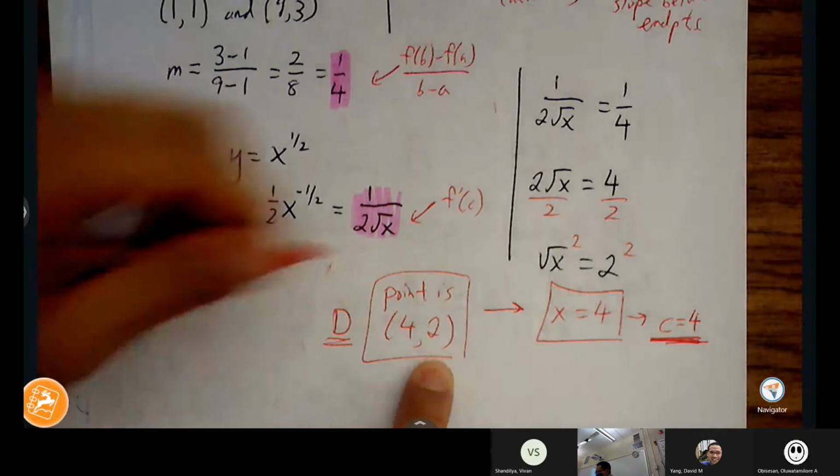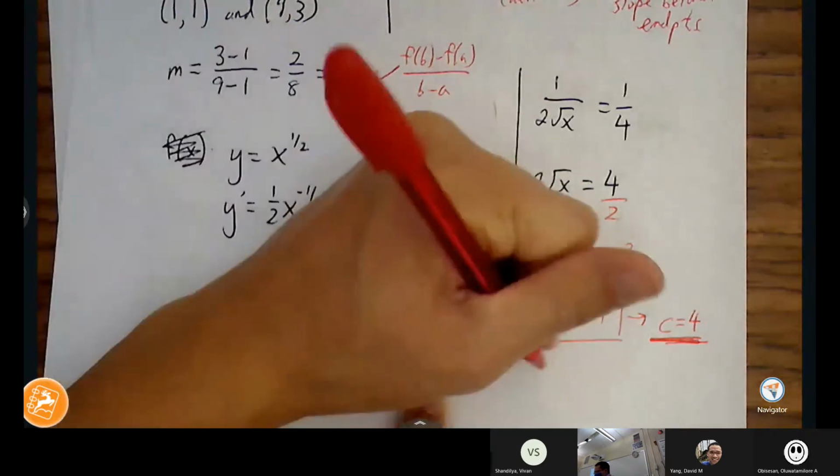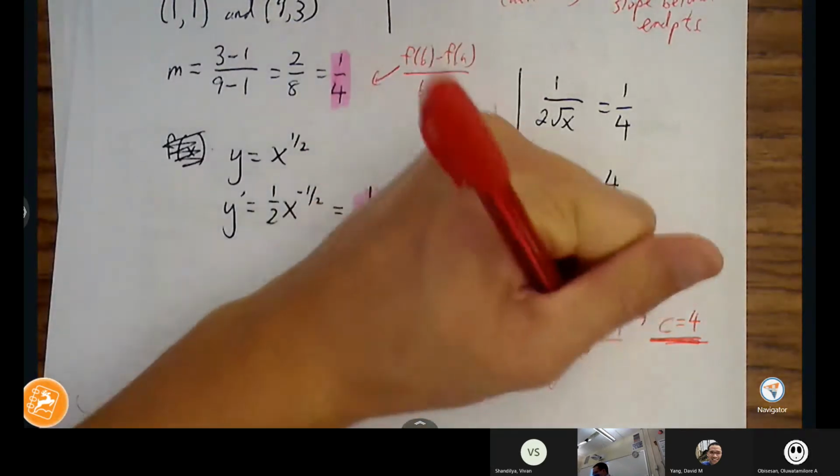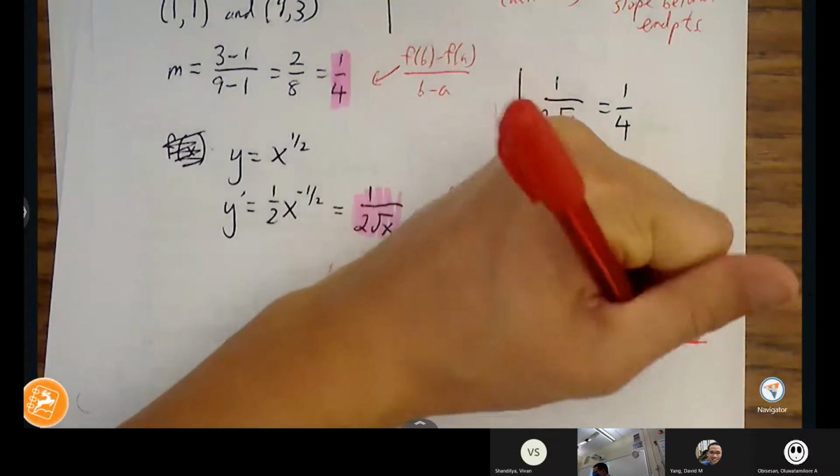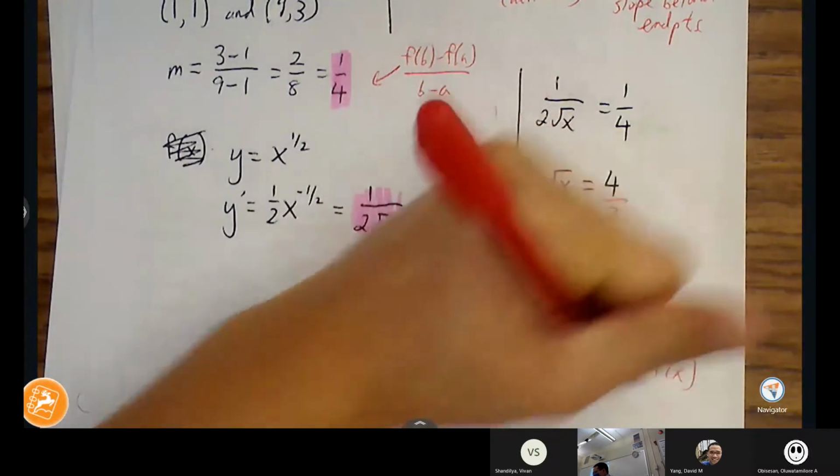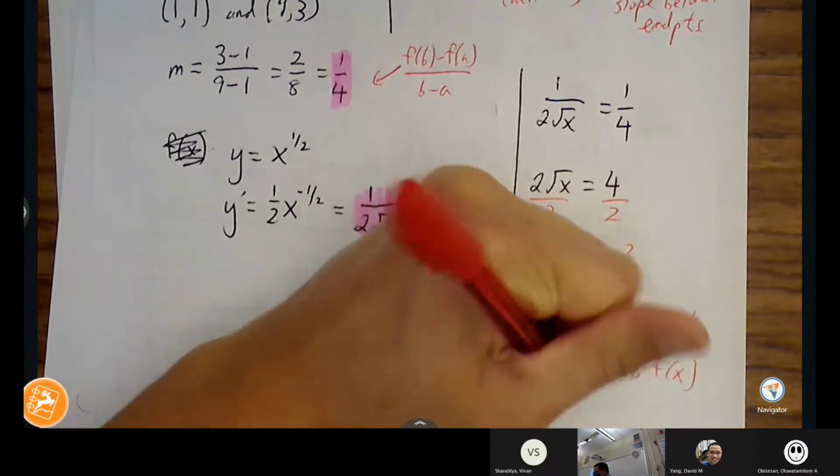Oh, back into the original equation. So plug 4 into f of x. So since y equals square root of x,